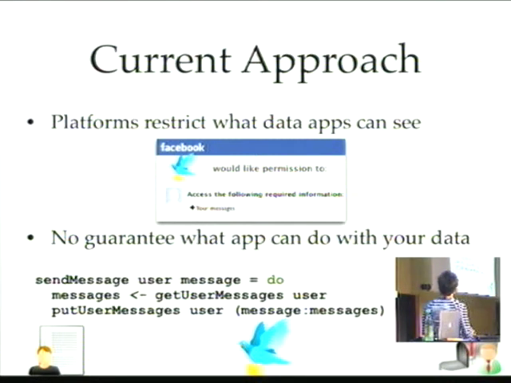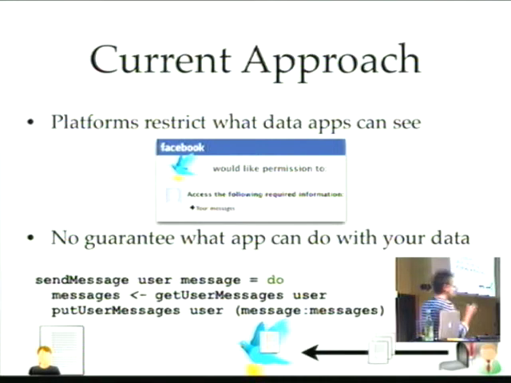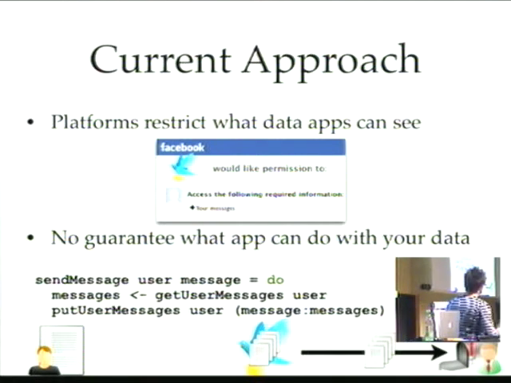So maybe a part of the implementation would have, say, a function like send message. And this send message takes the user you want to send this message to and the message itself. Let's say Joe here is invoking this function. The application now looks up Bob's inbox and takes all his current messages, and now all it simply does is concatenate the new message to the old message list, and finally writes it back to Bob's inbox.